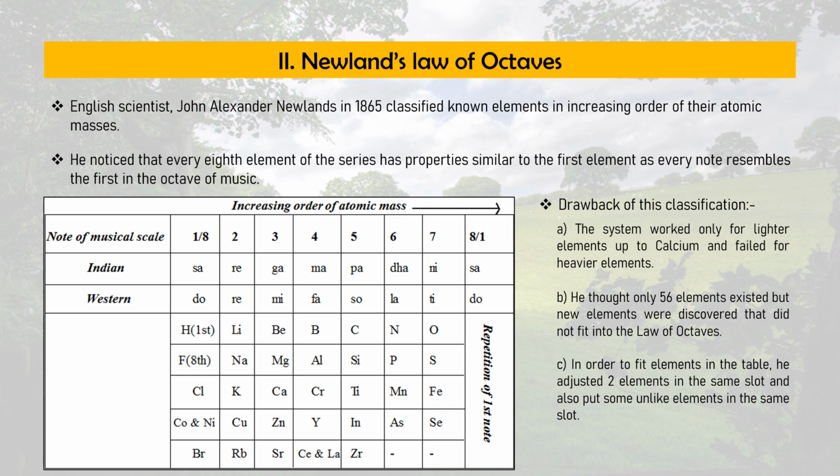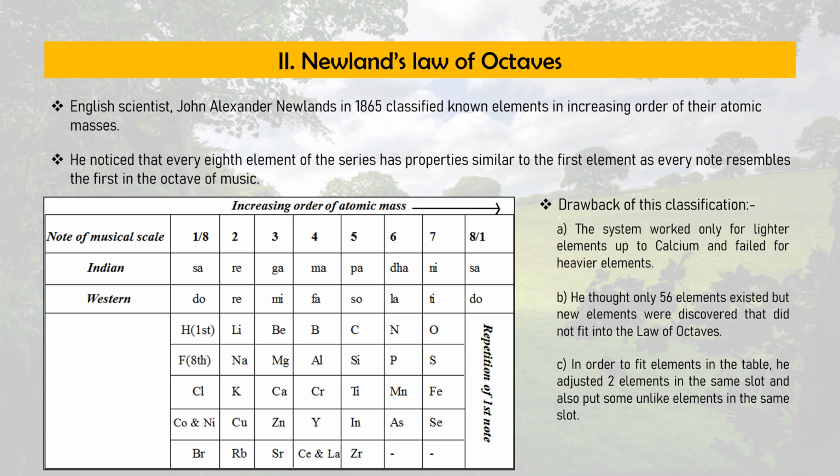But the drawback to this system was that it only worked for lighter elements, that is up to calcium, and failed to show the relationship for heavier elements. He created this table thinking that only 56 elements existed, but some new elements were discovered that did not quite fit into this table, and in order to fit them in the table, he adjusted two